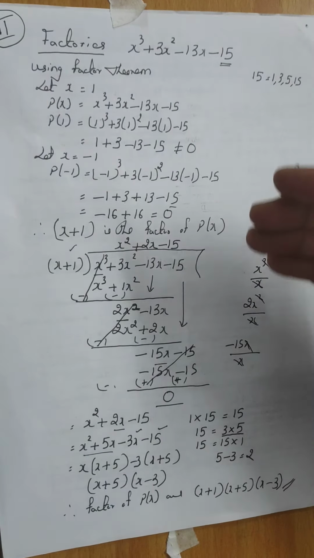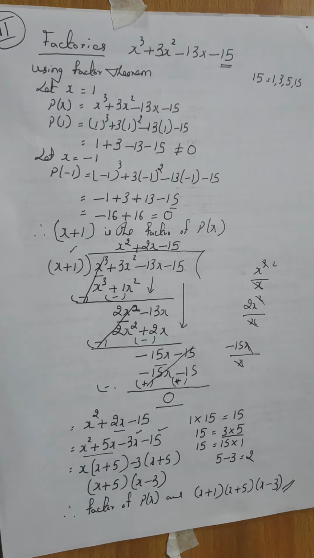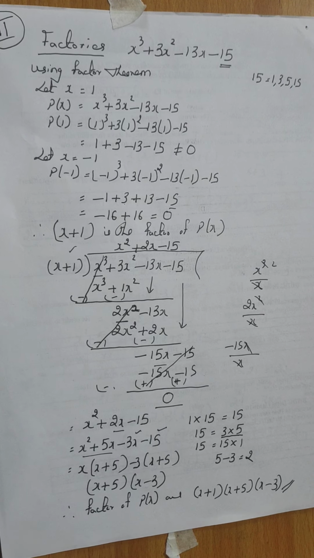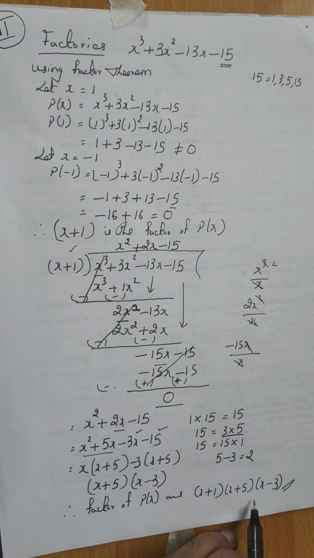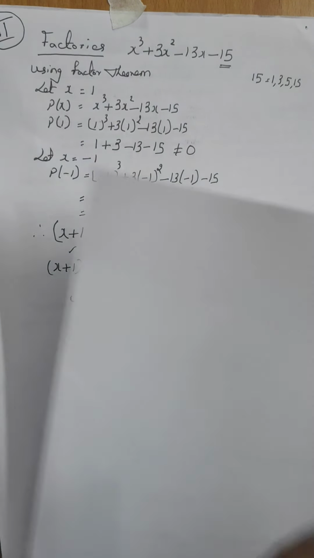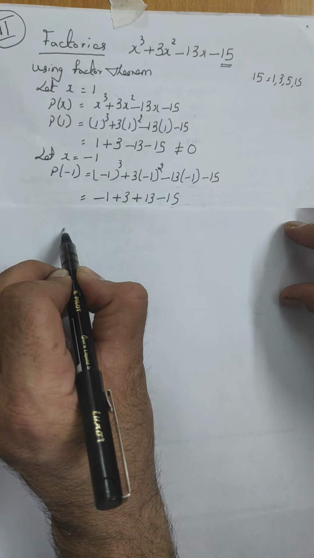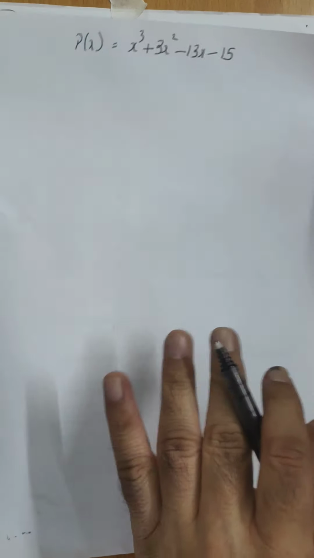Now in the beginning itself I have told you that I'll show you one more method where at least you can come to know what the factors of this particular polynomial are. I'll write down the polynomial again. See, what is the polynomial? x cube plus 3x square minus 13x minus 15. See, I have written the question again. Now this is a very shortcut method. So I'll see the constants.